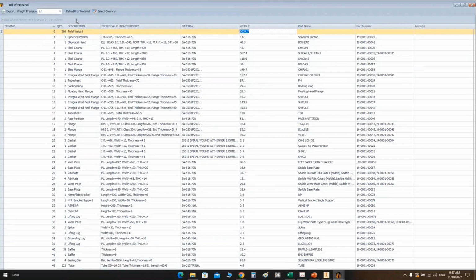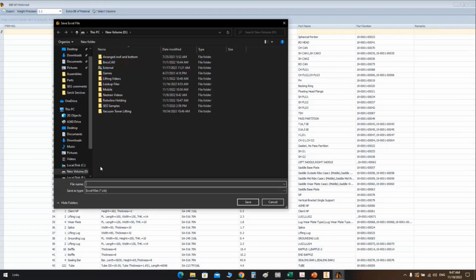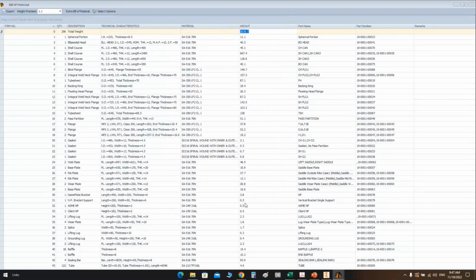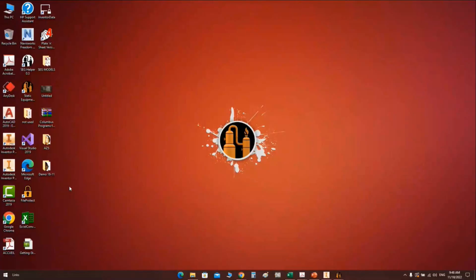Okay, and you can export this bill of material in Excel format. So from here, you can export this bill of material if we select the desktop, for example, and that as home. Okay, if we go back to the desktop